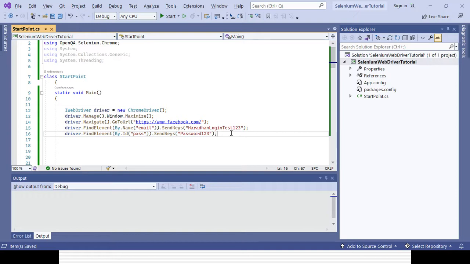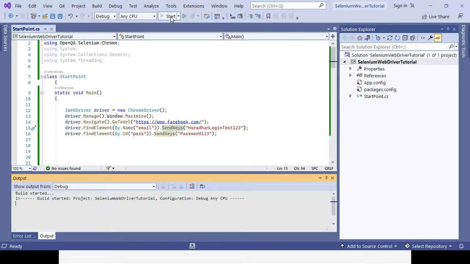So these two will be covered, and let's see whether with the element locator name and ID we are able to identify the element successfully, and we are able to perform the operation, right, which is entering the value with the help of send keys method. Let's try to execute the lines of code whatever we have written so far. So it is starting. It will launch the browser.